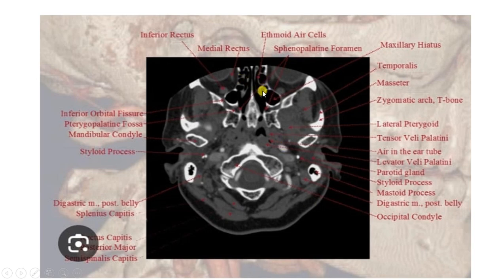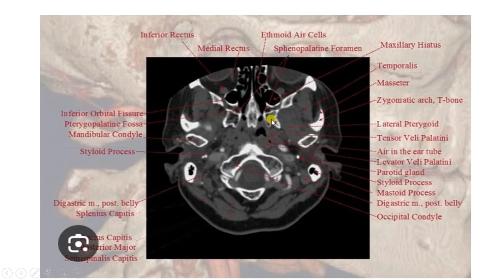And these are the ethmoidal air cells, and this is orbit, and this is the inferior orbital fissure, and this is the pterygopalatine fossa, and this is the zygomatic bone, and these are the styloid processes, and this is the mastoid process. And medial to the mastoid process, this is the posterior belly of the digastric muscle, and this is vertebra, and